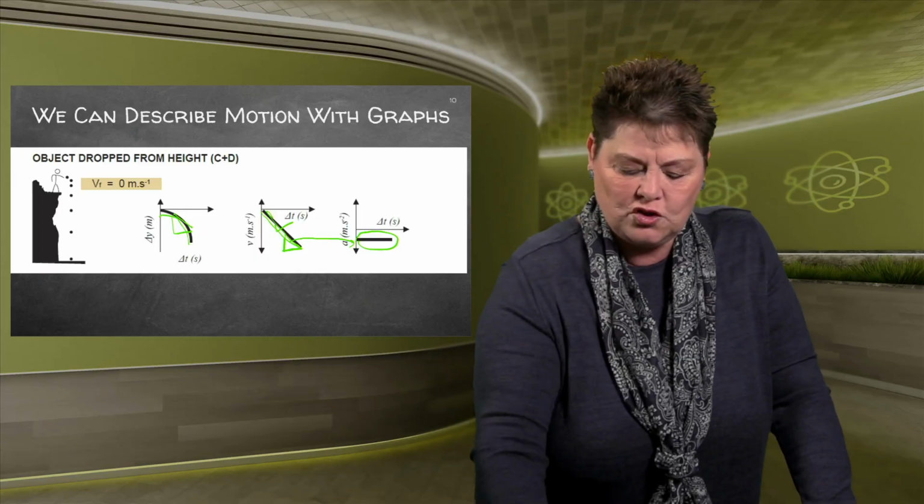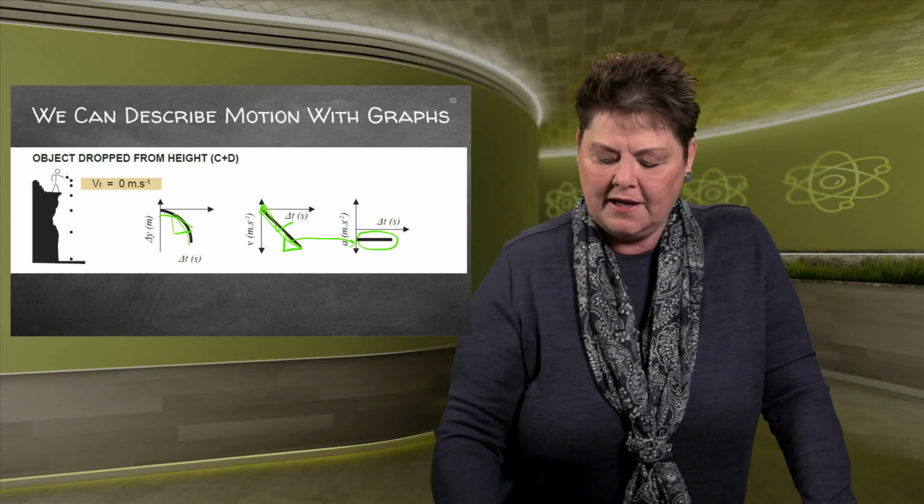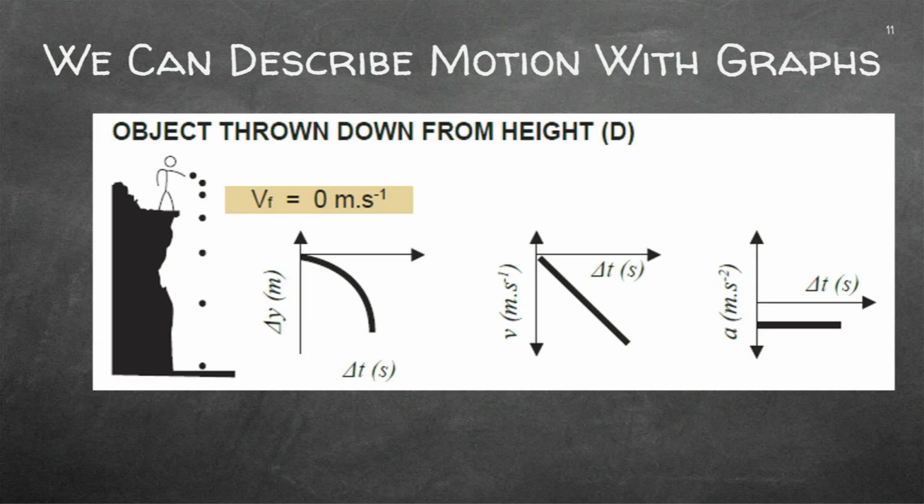That was dropping. You saw there, it started at 0. Let's go to another slide. Now, it is thrown. Make sure that you know that the initial velocity is not 0. It will be 10, 15, whatever value they give you or they ask you to calculate. Can you see this is a steeper curve there? It is not there. I specifically put that in because it will start at a certain velocity. Make sure that you know it is starting with 15 or 12 or whatever. And again, the acceleration will be the same.